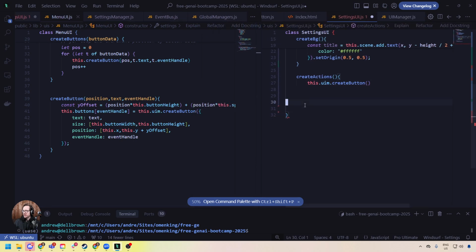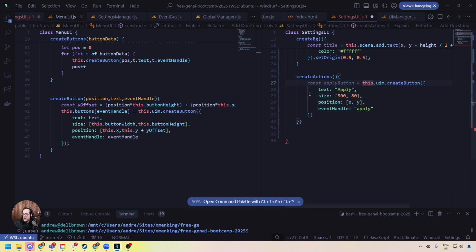So we need in here we'll say save or apply. Size, XY position. And I'm not exactly sure where we want to place this here, but